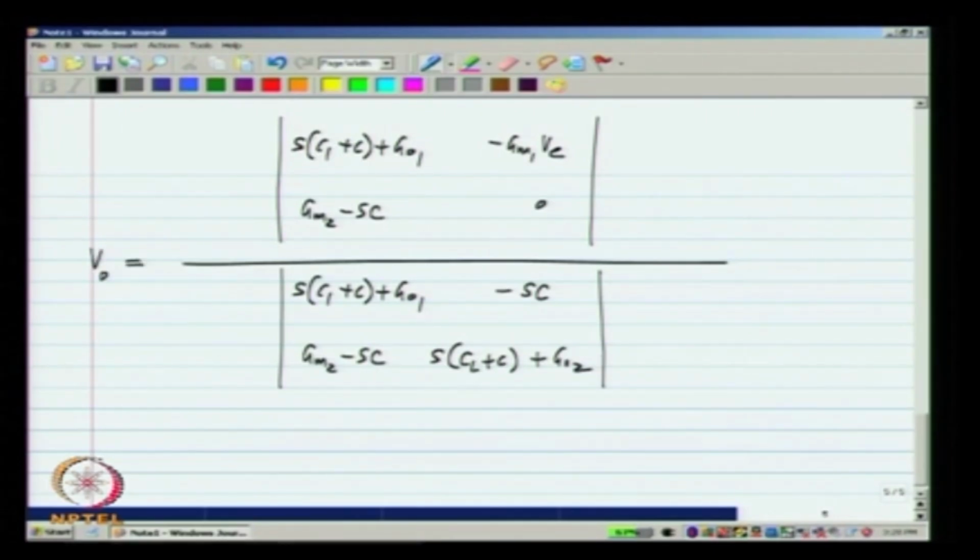And this gives you the determinant of what is on top in the numerator,